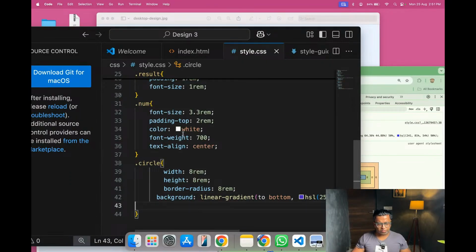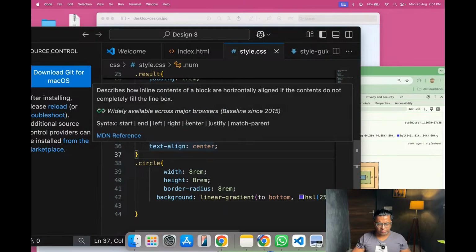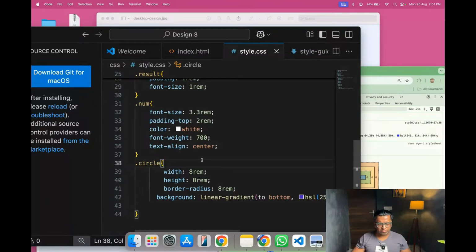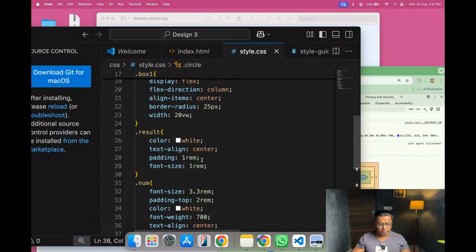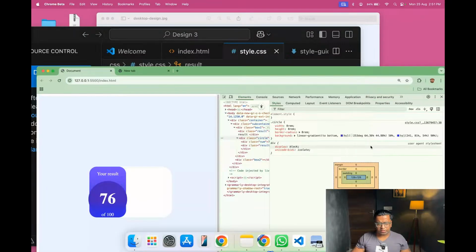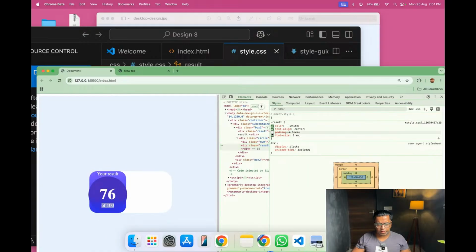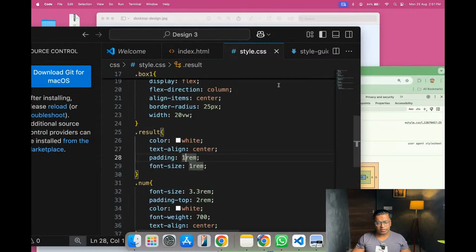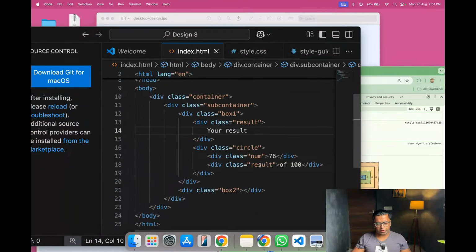Also, if I go on to the number, we have given the padding top, so we haven't given the padding bottom. On result, we have given the padding as 1 rem. So this is being considered on the result. So on 100, we are getting 1 rem padding here. If we decrease this padding, the things will look right. So what we will be doing, we will be giving 0 rem padding onto another class that we will be adding. So what I will be doing, result